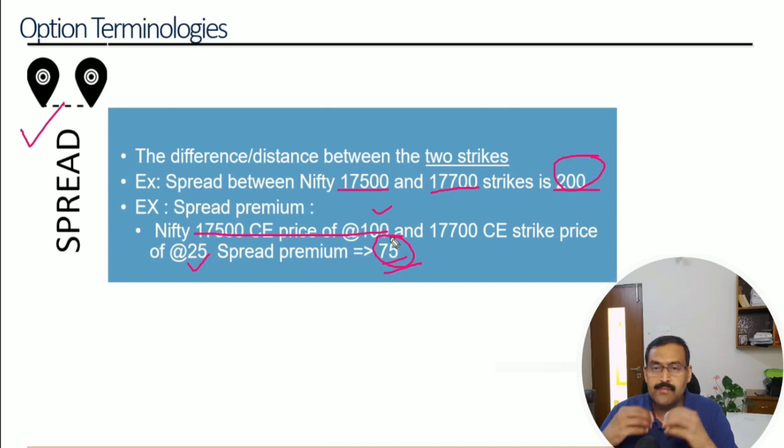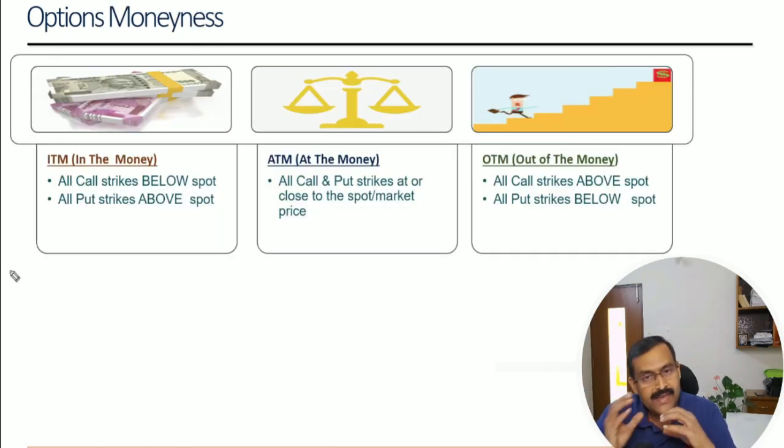So these terminologies are important when we discuss the option strategies to calculate break-even point, P&L, etc. We will now discuss the very important aspect of the options, that is moneyness. Moneyness is nothing but how much value the option has at the current moment. There are three types of moneyness: ITM, in the money, ATM, at the money, and OTM, out of the money. And again, we have two types of options that we discussed, one is call option and the put option. So we need to identify the moneyness for each of these option types separately.